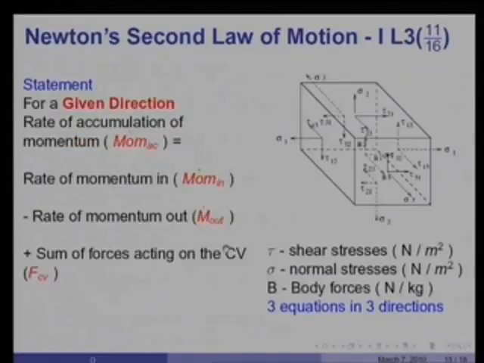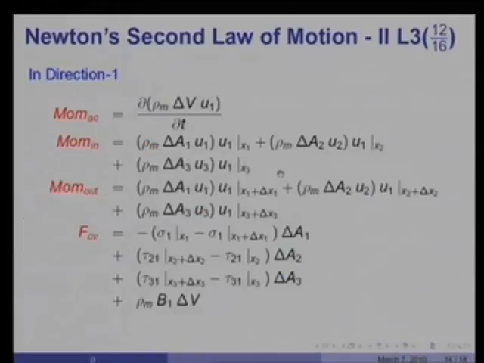Likewise, tau 21 at the x2 plus delta x2 surface is acting in the positive direction, whereas the tau 21 at the x2 surface is acting in the negative direction, and therefore I have tau 21 at x2 plus delta x2 minus tau 21 at x2, multiplied by delta A2. And likewise in the surfaces in the z direction, tau 31 at x3 plus delta x3 minus tau 31 at x3, multiplied by delta A3, plus if there is a body force B1